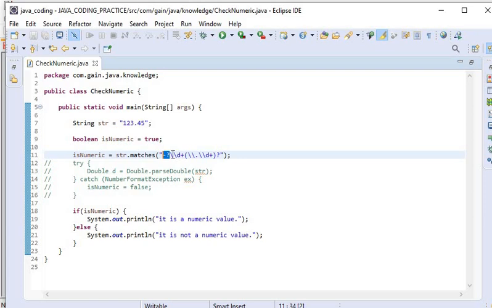And this is the double slash digit plus. This is used to check that the string must have at least one or more numbers. At least one number is mandatory. And this slash dot is used to check the decimal point.